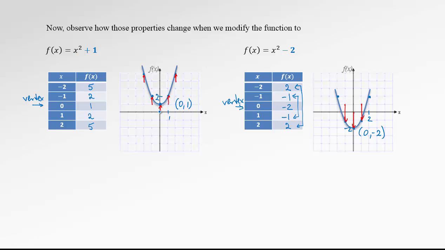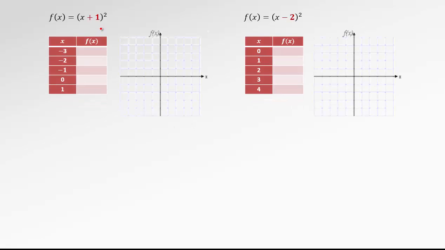What else has changed? Well, since the vertex moved to a different spot, the range interval has also changed. In the first example, our range is from 1 to infinity. In the second example, it is from negative 2 to infinity. Again, this has something to do with the second coordinate of the vertex. Okay, let's see some other examples. What will happen if we modify our basic parabola function by adding 1 inside the bracket, adding it directly to